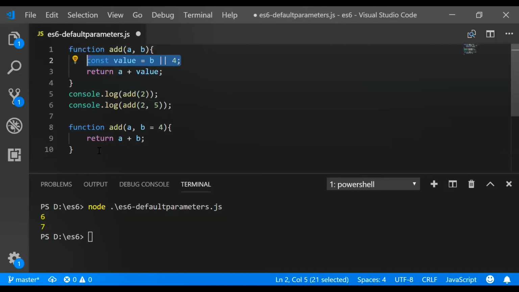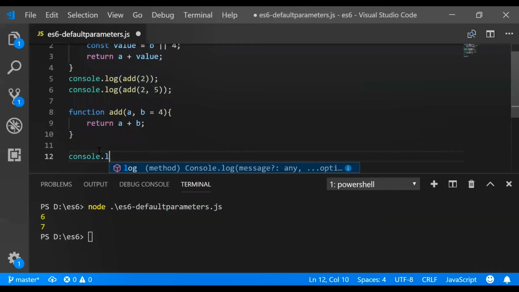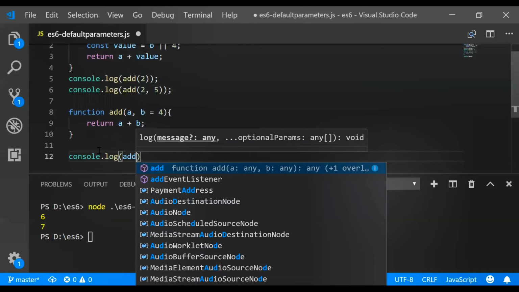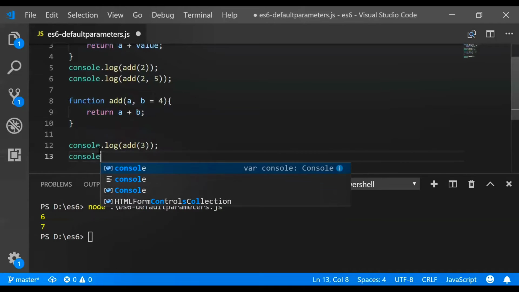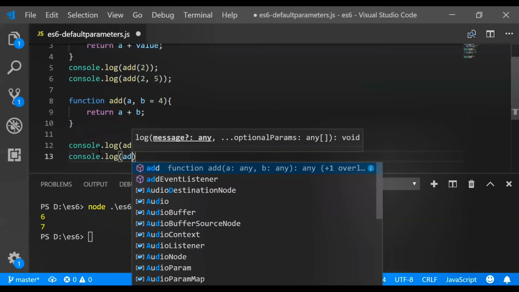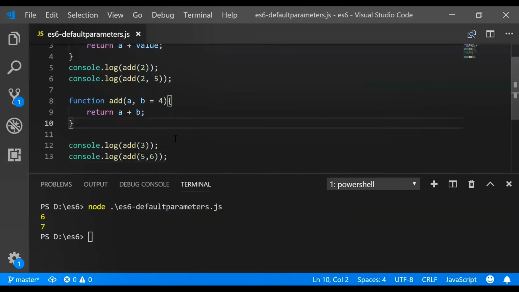So this is one advantage over the old method. Let's see the console log values. Here we are passing a explicitly as 3. In the second example, we are passing a as 5 and b as 6. Let's see the output.